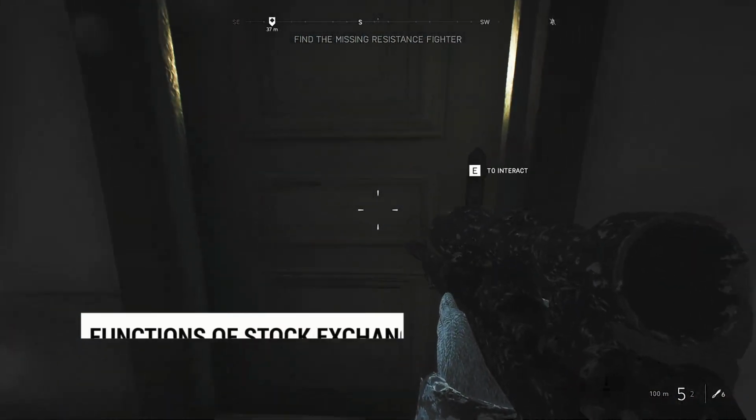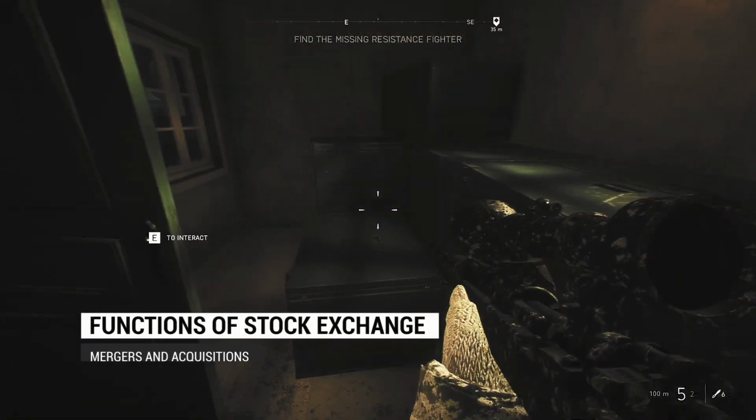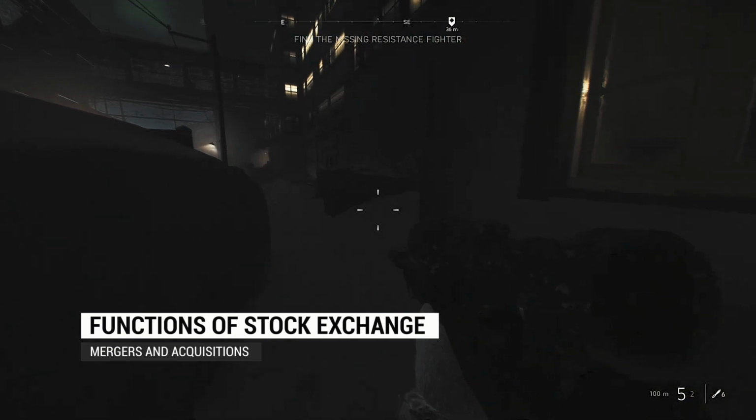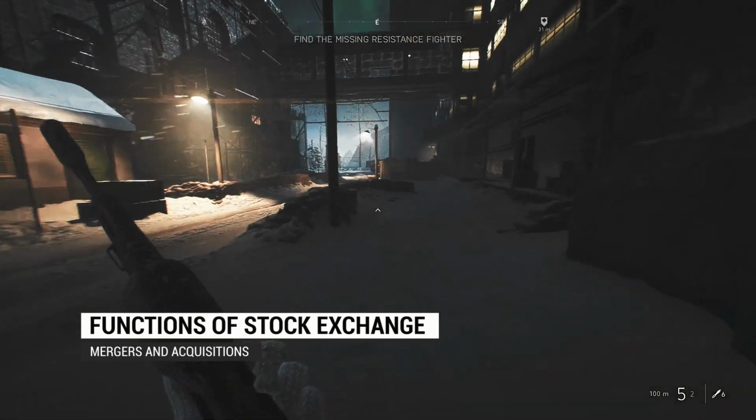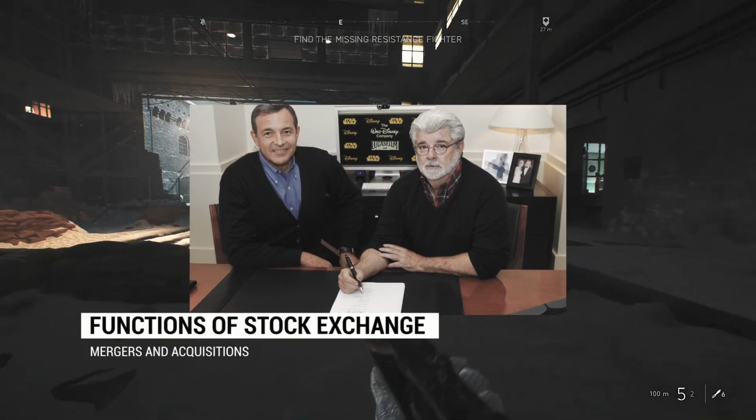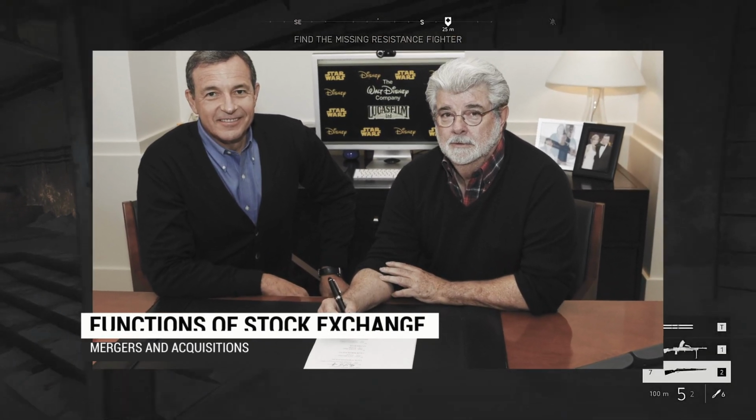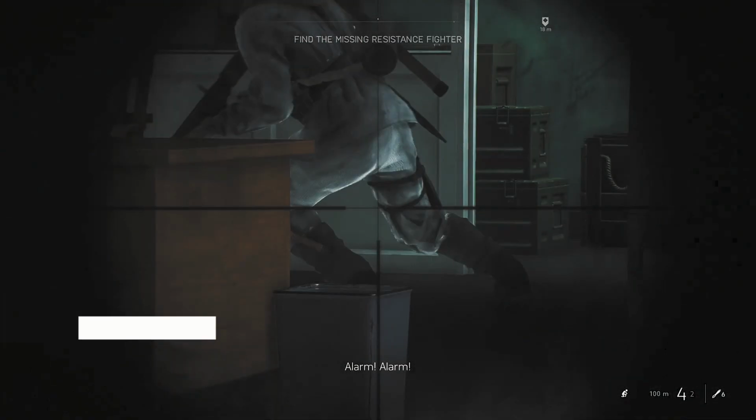Mergers and acquisitions. The stock exchange also functions to facilitate the growth of companies through mergers and acquisitions. For instance, Walt Disney Company acquired Lucasfilm via the New York Stock Exchange in 2012 for $4.05 billion, facilitating the sale of